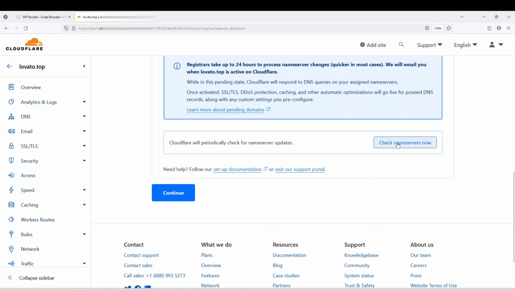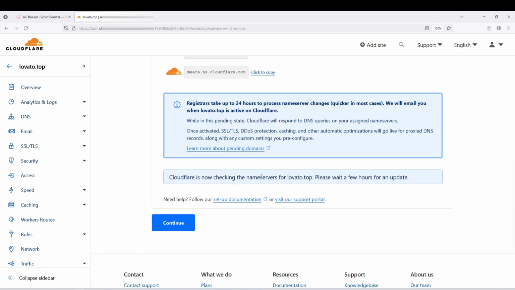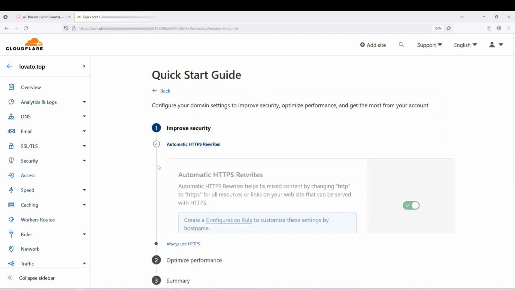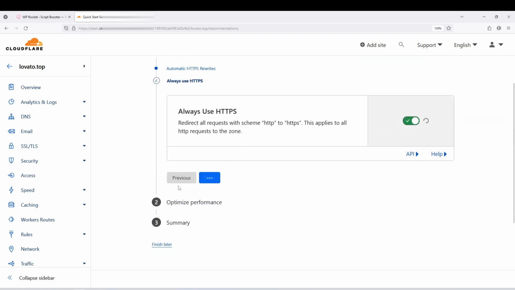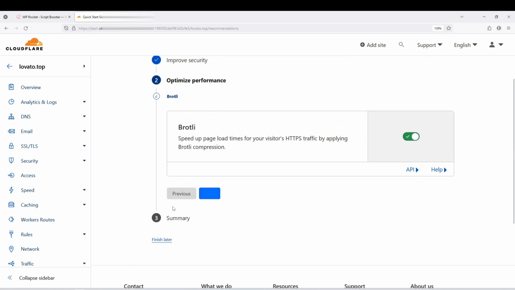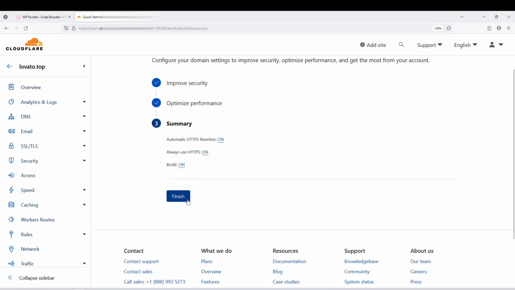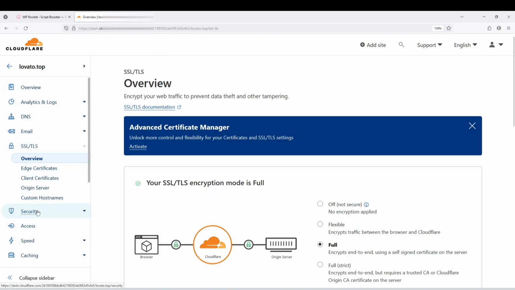So now we just have to check the domain name servers. So I think it will take some time. Okay, so then we are going to do the same things. Let's do this one, save here, and save this one, summary. Okay, finish. Okay, so now we will go to the